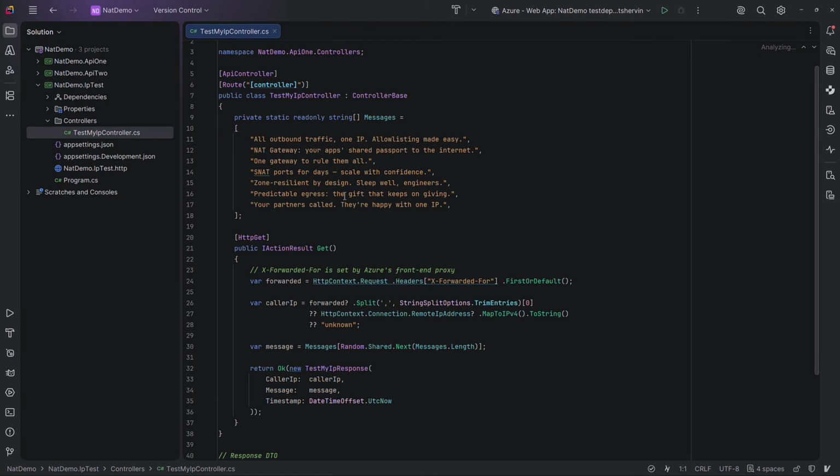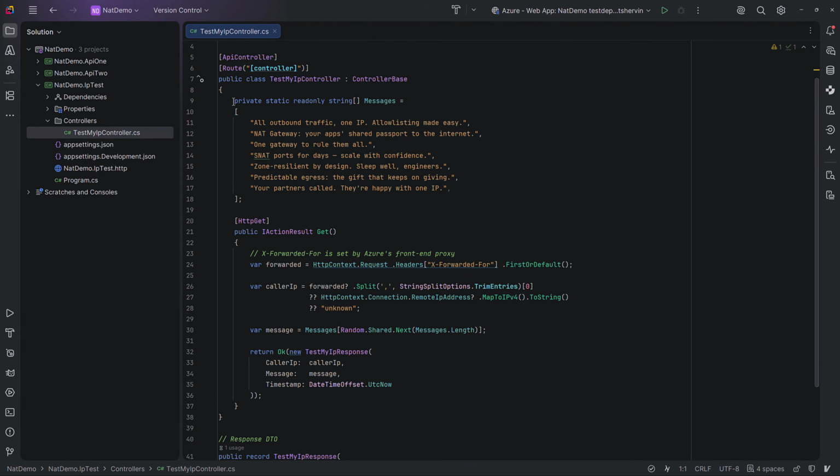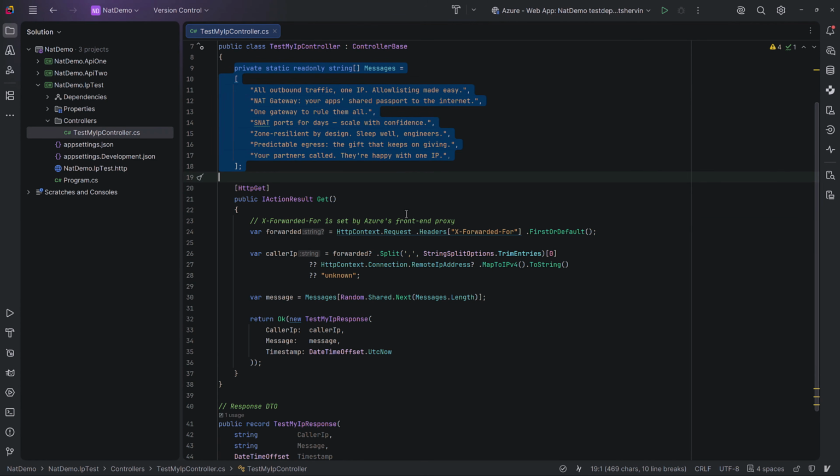which basically returns a random string from this array, and it finds out the forwarded IP and also the port of that, and returns the caller IP, the random message, and the time the request was coming through. Let's open API 1,